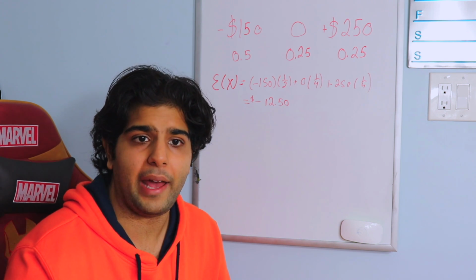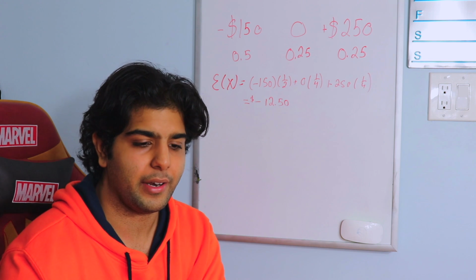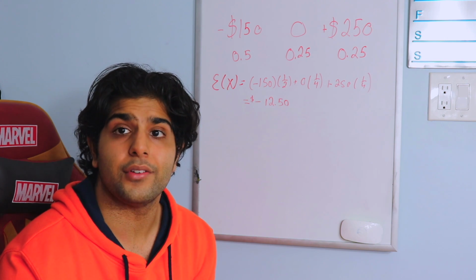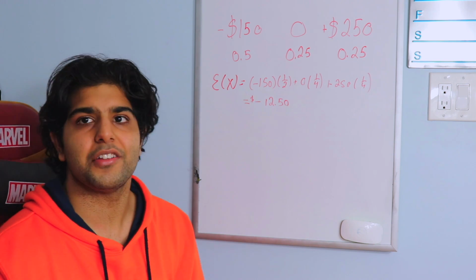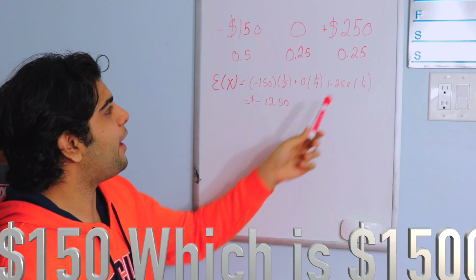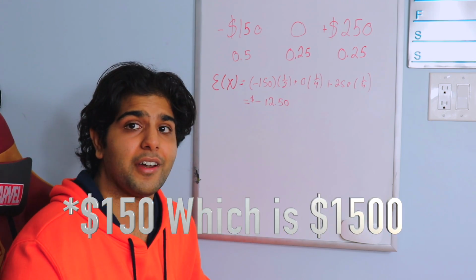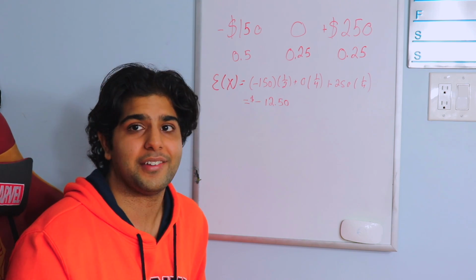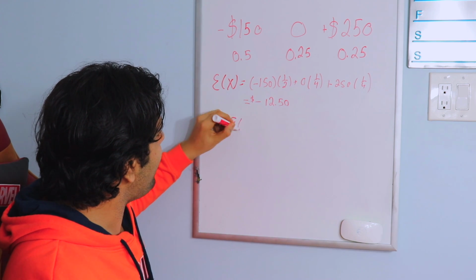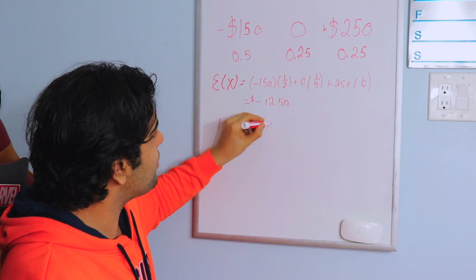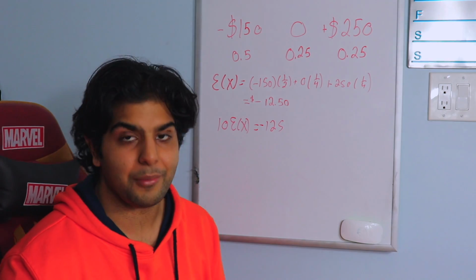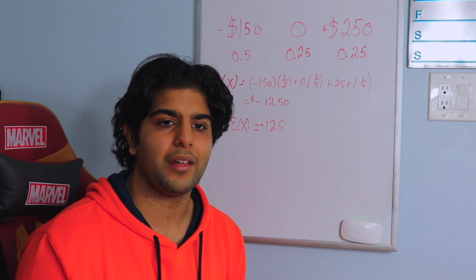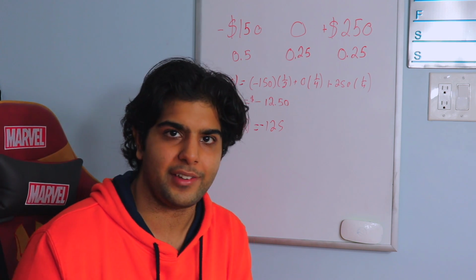Now let's say I do multiple bets. I do it with one friend, another friend, and then so many friends. Let's say I do it with 10 different friends, and I lose all of them, because they're all the same bets. If I lose all of them, I have to give everyone $250. That's $2,500. According to this, I'm only losing $125, since it's 10 E of X, which is 10 times this answer. So I'm losing much less than what I actually am losing, which is concerning, but this is how you should analyze that.